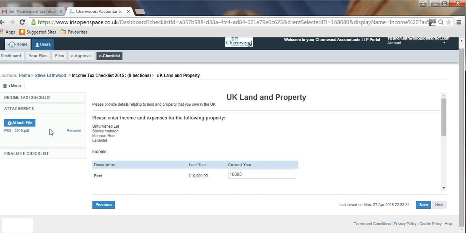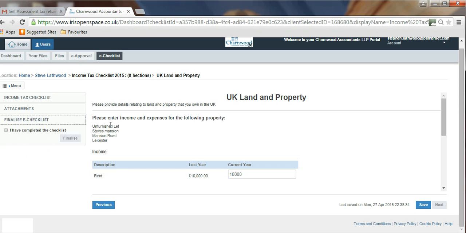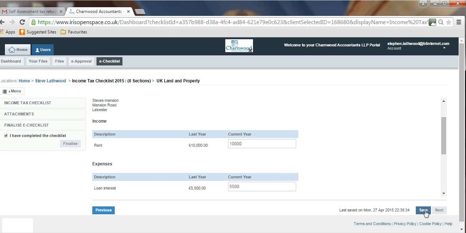Once you've attached all the information, then you just need to go onto this finalised e-checklist heading. If you click on that, you're happy that all the information has been updated and populated, if you tick this checkbox here, and now at this point you're looking for this button to become dark blue like these ones and be activated. If it doesn't, as occasionally is the case here, if you just press save at that point,